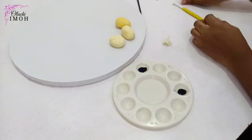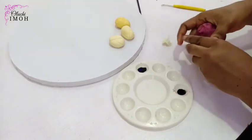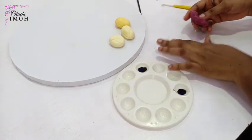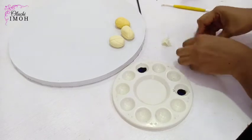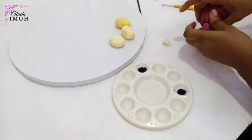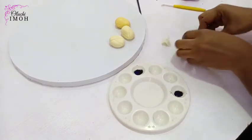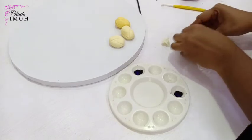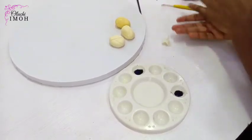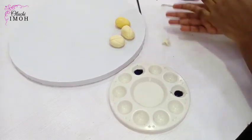So go ahead to work with the other colors. The next is Burgundy, and I'm going to repeat the same process basically because I want you to see how I did the molding for each of the shapes. I tried to just make different types of shapes, freestyling as I worked, so feel free to do the same. We're going to roll into a ball,